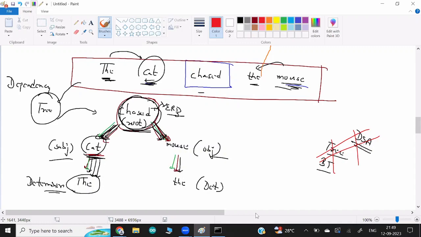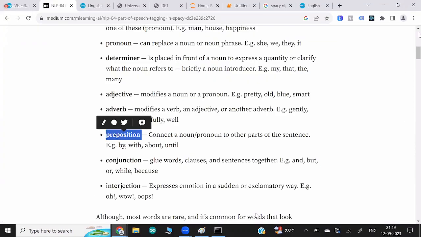So they come to know chase is the root word. The cat is on the left side, so it is the subject noun. The word that comes before the noun becomes a determiner, det. So that's what gives you this entire meaning. Even so, we can also find one more thing here, for example in this example,